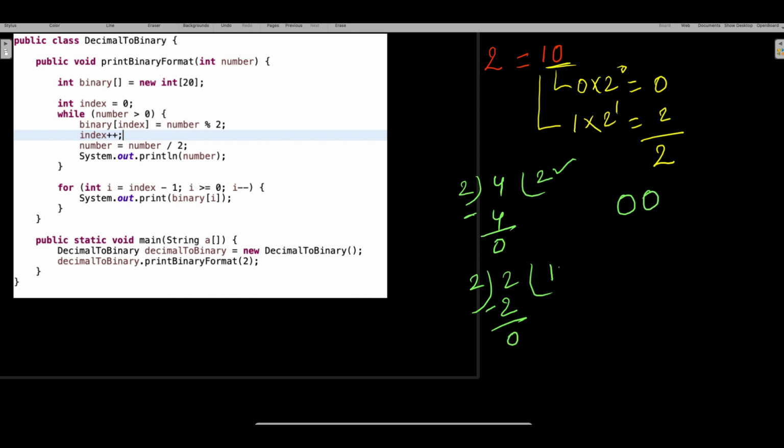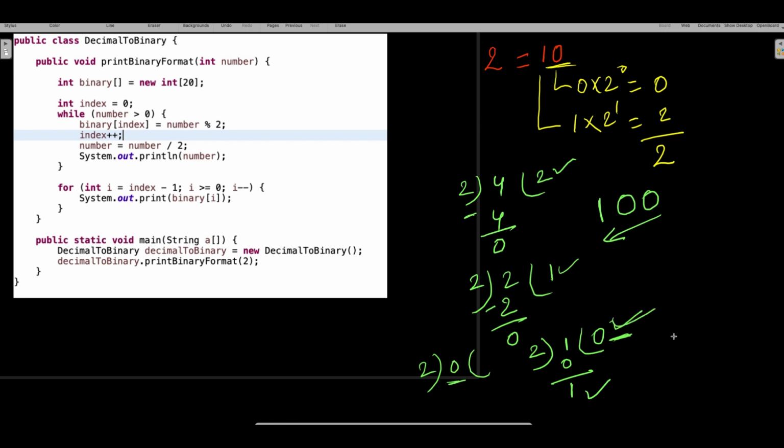Okay. Now how many times have I divided? One time. So now for 1, I'll do a modulus of this number. I cannot divide more than 0 times. It will come 0 here. How much is the remainder? It is actually 1, right? So now this guy came 1. I should write in these directions, that's how I should write. So I got 1 now, and now this number became 0. Now I cannot go on, and I cannot do a modulus of 0. So this is my termination condition.